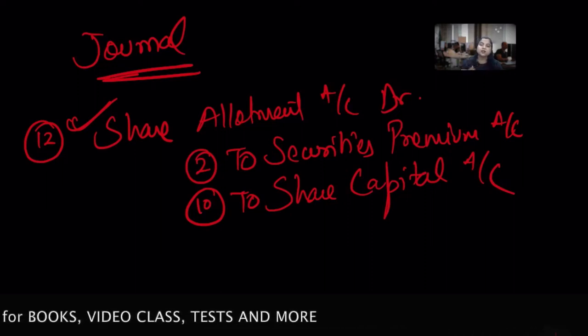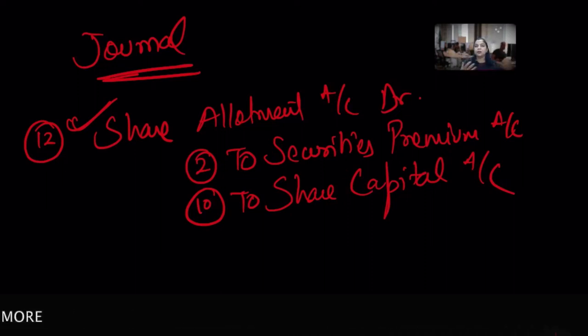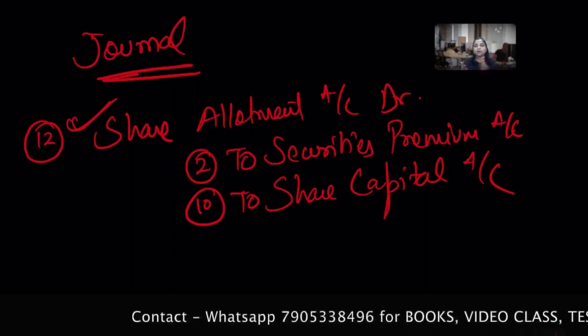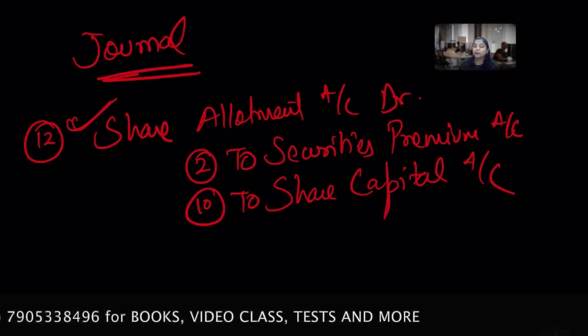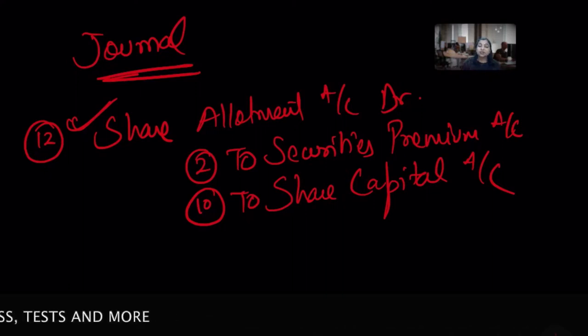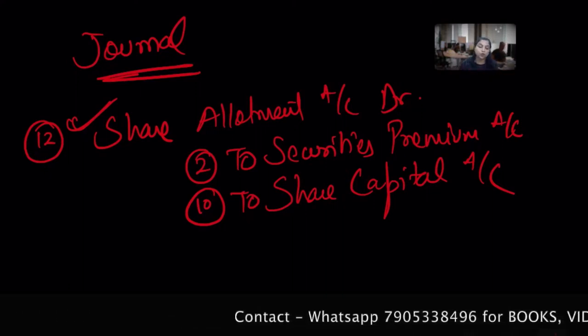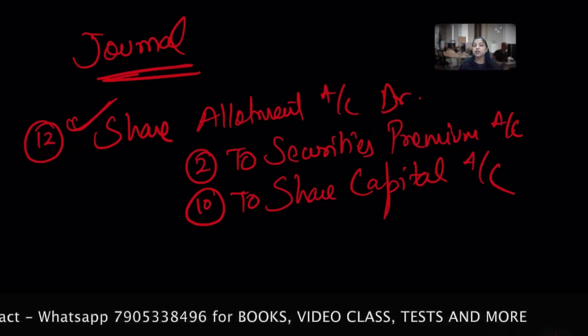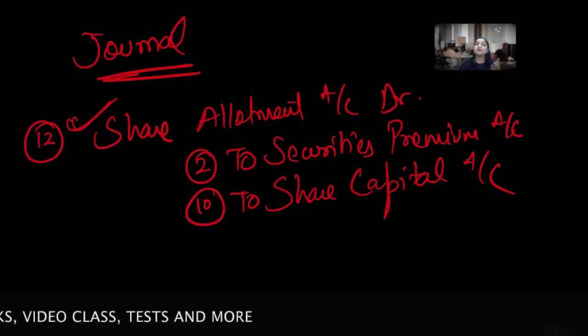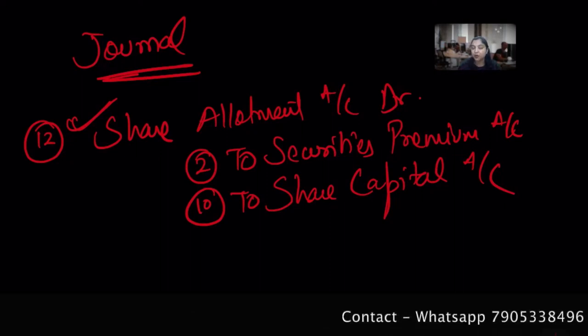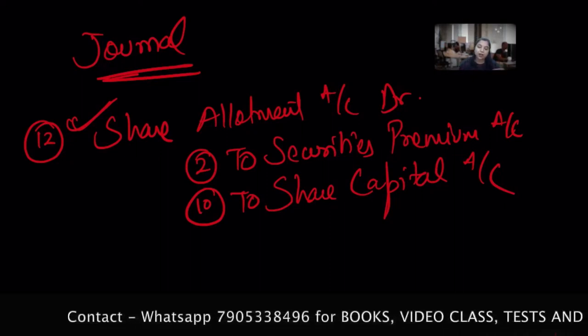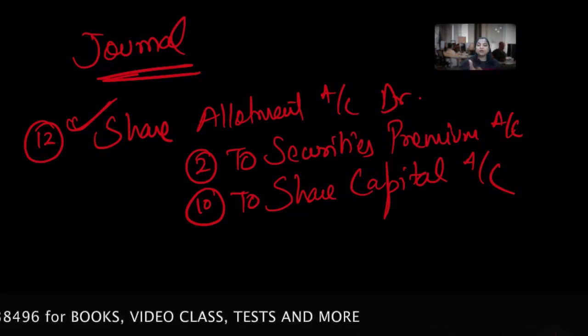And obviously after that you will collect the money. So bank account, we are going and collecting the money, bank account debit to share allotment against what? The allotment, the total amount. So please, if you didn't watch the last session, watch it, because if you didn't watch, you don't understand why we did the share allotment into the debit, why we credit the security premium account, why we credit the share capital account. So these two are the liabilities.